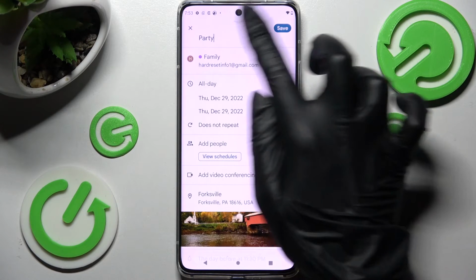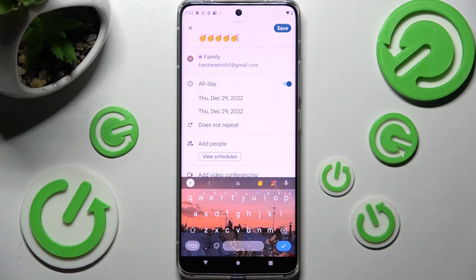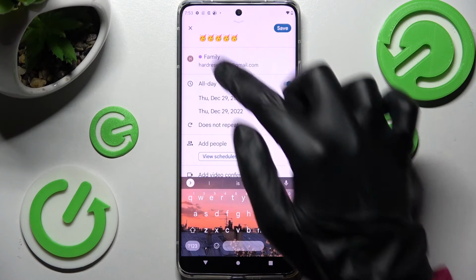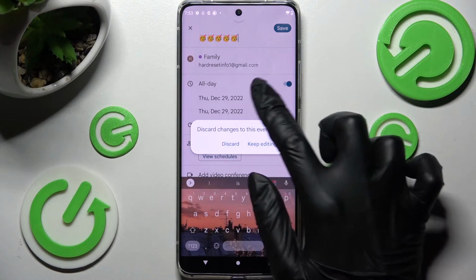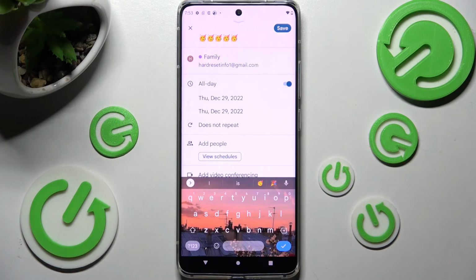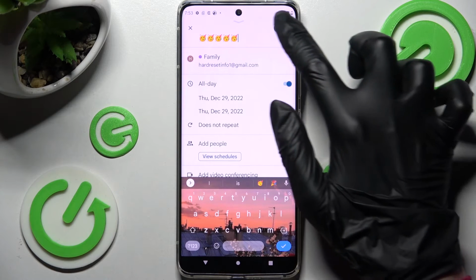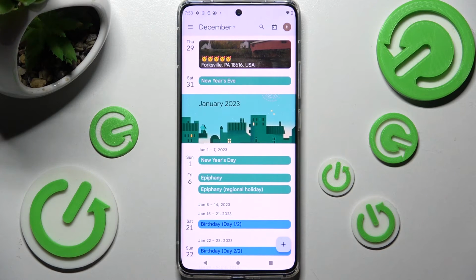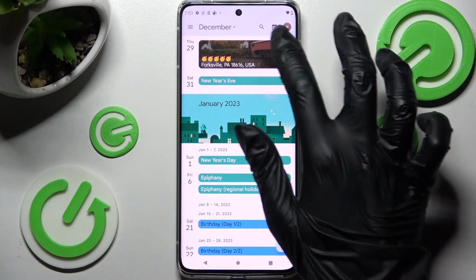Now you can make your changes and discard them by choosing top left corner and tapping on discard, or save them by clicking on save at the top right one. In order to get rid of your event completely, you need to click on it again,